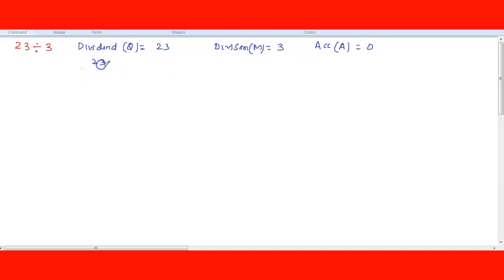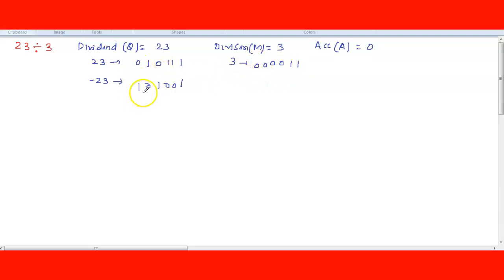So here 23 and minus 23, you write in binary. 23 we can write as 0 1 0 1 1 1. Minus 23 means find the second complement. Till the first 1 you copy it, and write the first complement of the rest of the number, so we get 1 0 1 0 0 1. So 3 also you can write here as 0 0 0 0 1 1. Since the dividend is a number of 6 bits, 1 2 3 4 5 6, we have to consider 6 bits. So this also you consider as 6 bit.